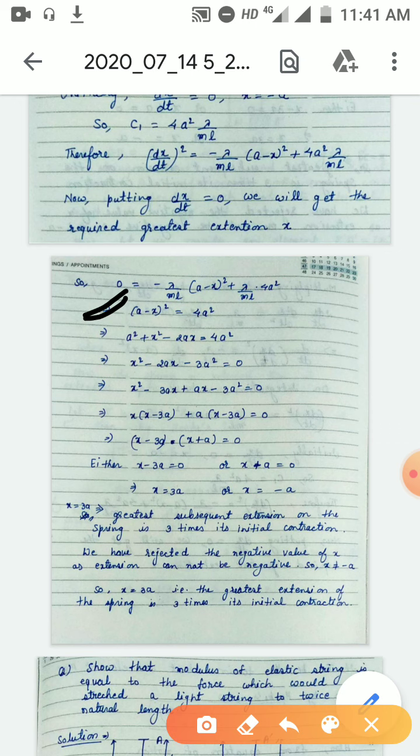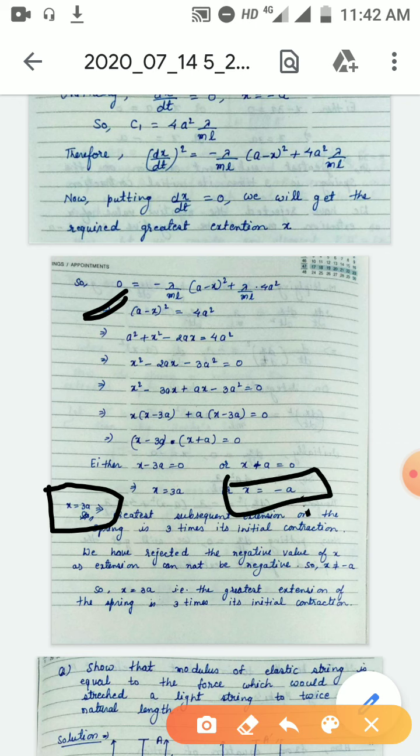So either x minus 3a is equal to 0 or x plus a is equal to 0. This implies x is equal to 3a or x is equal to minus a. x is equal to 3a implies the greatest extension of the spring is 3 times its initial contraction, and here we have rejected the negative value